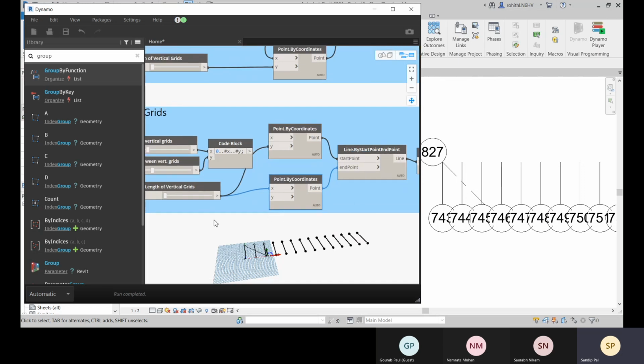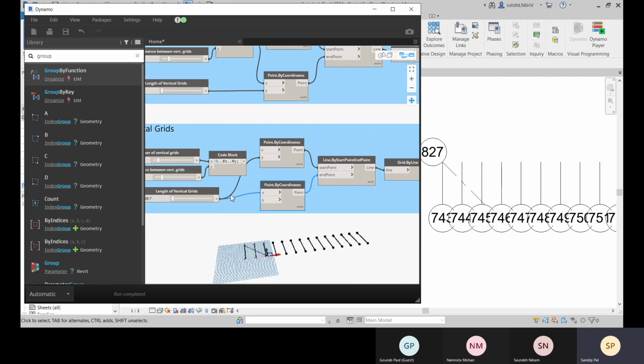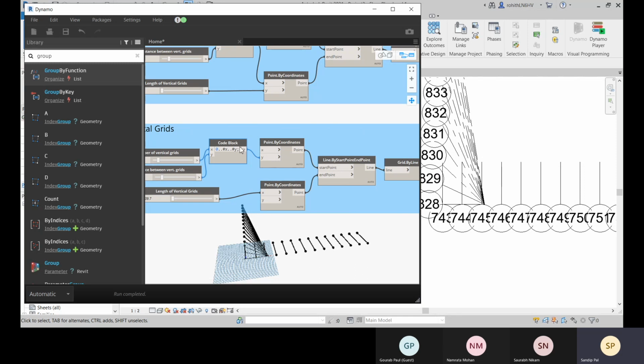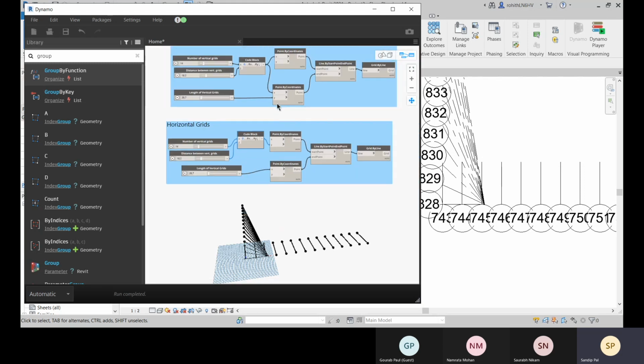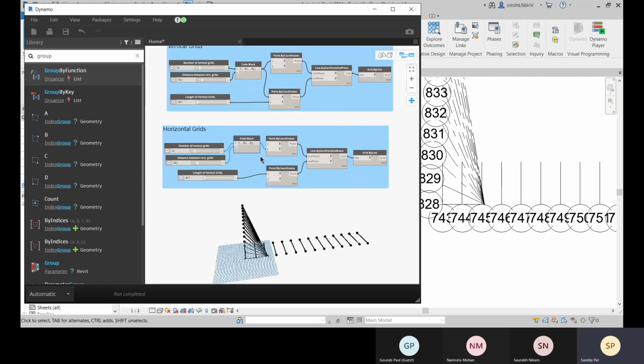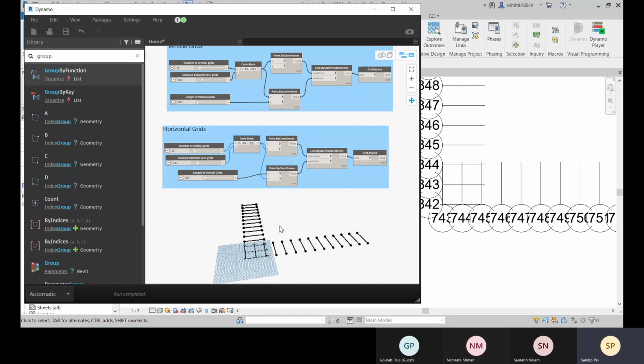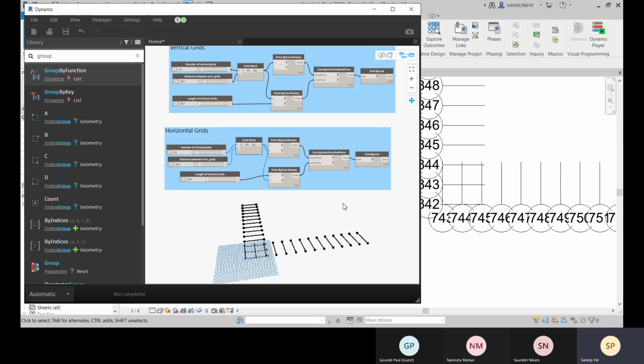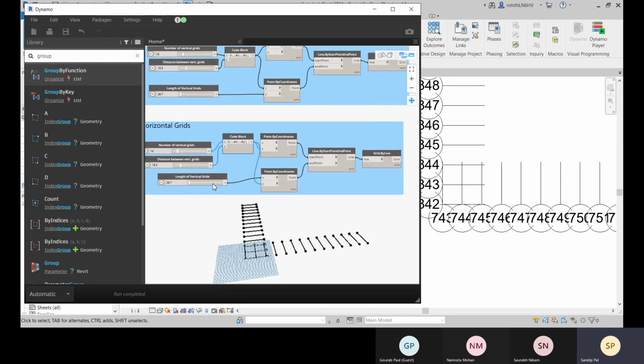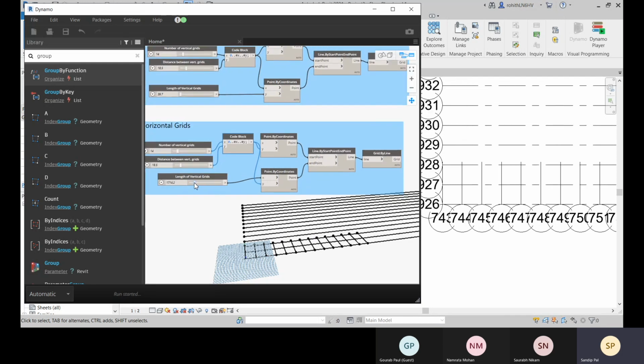Okay, so this one will be connected to like this. It will be connected to Y here, and here you can see that these are your vertical, sorry, horizontal grids.